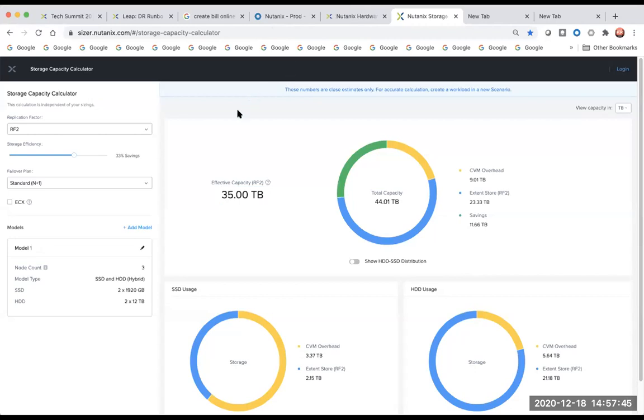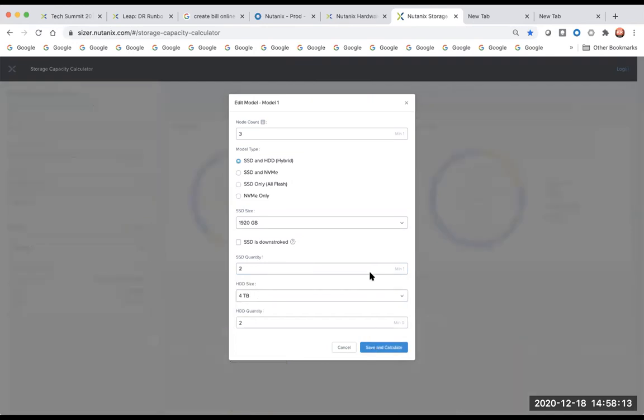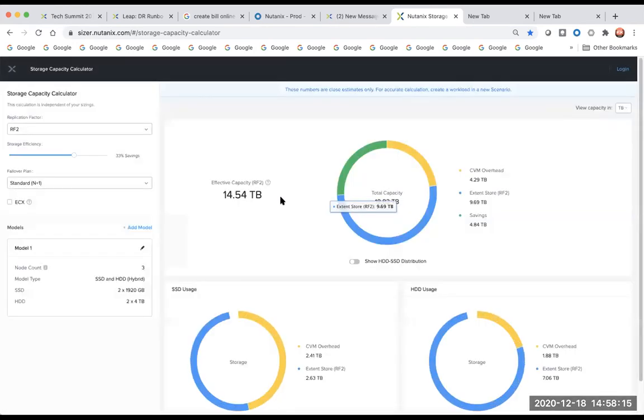And sir, the question you asked just now, how this was calculated: see, it is calculated with RF2. And this is an open website. Even you can access this on the Nutanix website. It's open to everybody. You put in the details here, how many nodes, what count and everything, and it will calculate the effective RF2 as well as the total capacity. So total capacity is 44. And in the situation where I had taken 4, for 4 it will be 14.5. If I consider 2 into 4, 2 into 1, it is actually 14.5 and total capacity is coming to this.